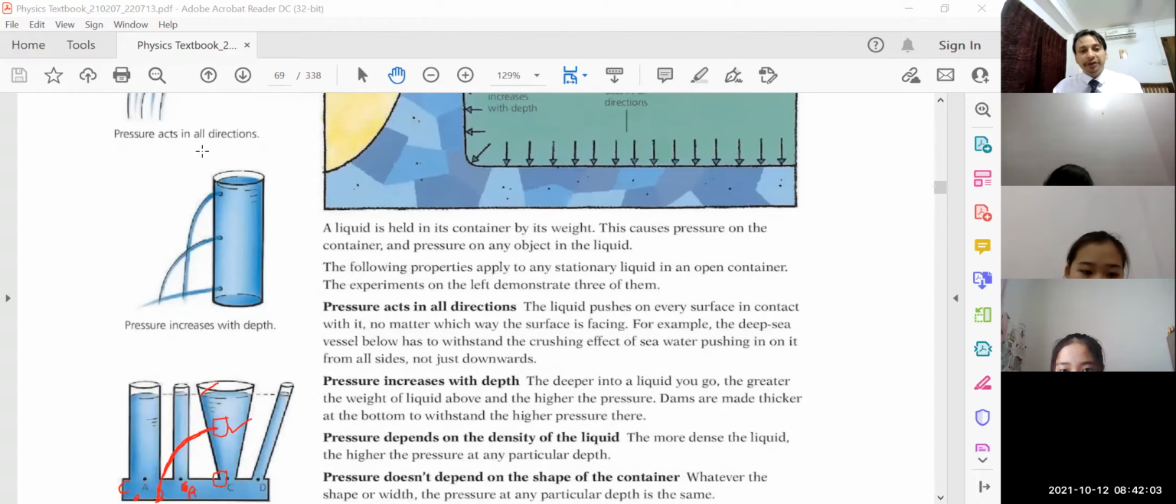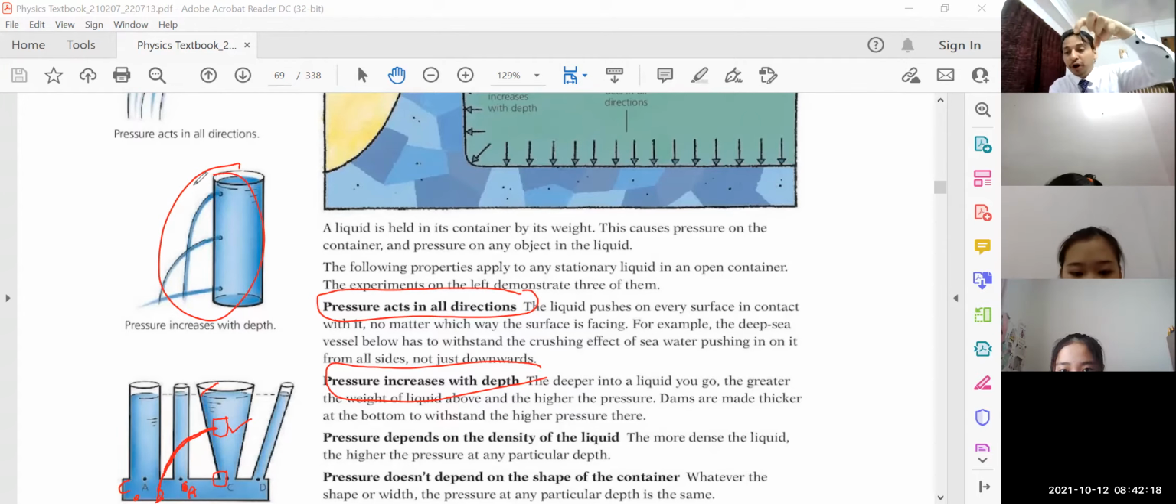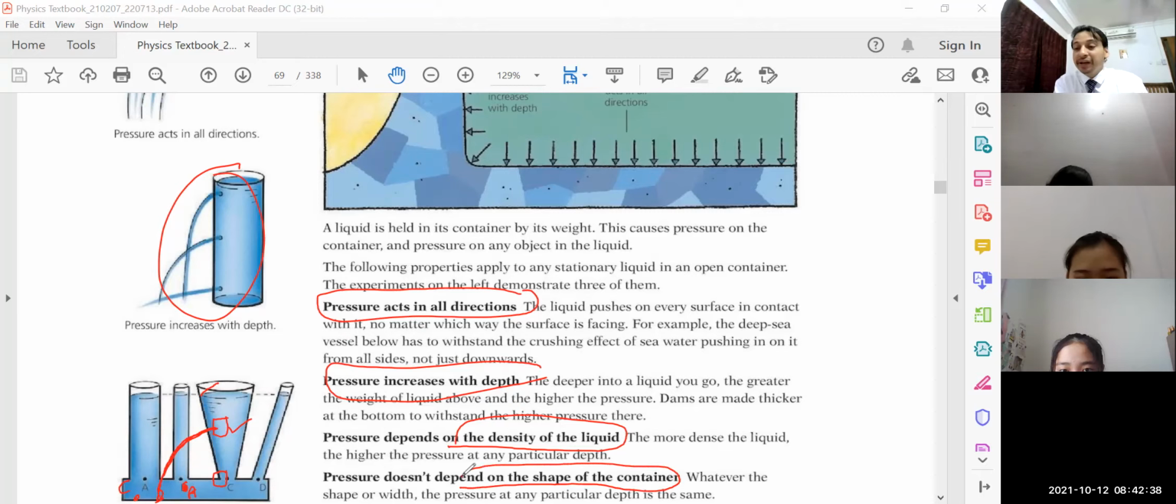So here we have different points, children, on which pressure depends. First point that you have to make a note of: pressure acts in all directions. Pressure increases with depth, that we have discussed here. The longer you go into water in an ocean, the more and more pressure your body will experience. Pressure depends on the density of the liquid. Fresh water has a different density, sea water has a different density, so the pressure will be different in sea and in river. Pressure doesn't depend on the shape of the container, children. Pressure is independent of the shape of the container. Here we have 4 different kinds of objects, but pressure at the points A, B,